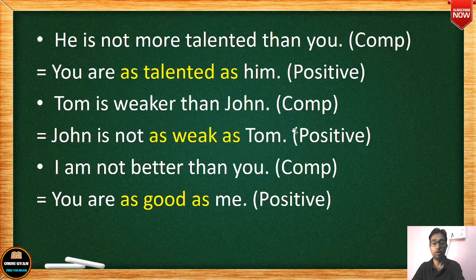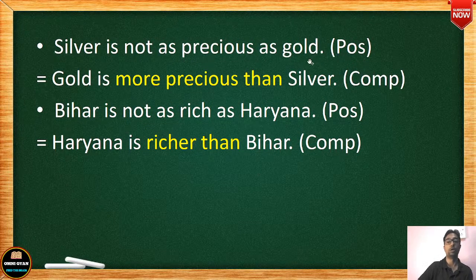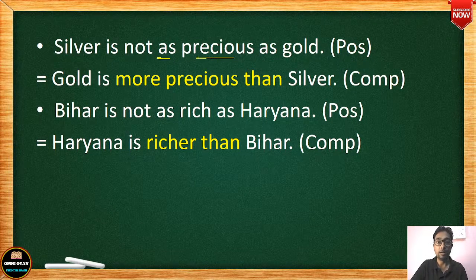ठीक है, फिर हम लोग नेक्स्ट एक्सरसाइज देखते हैं कि सिल्वर इज नॉट एज प्रेशियस एज गोल्ड। आई हैव गिवन अराउंड 5 एग्जांपल्स हियर, 3 वी हैव डन, लेट अस सी 2 मोर एग्जांपल्स। सिल्वर इज नॉट एज प्रेशियस एज गोल्ड, अब हम लोग उल्टा करेंगे, इट इज इन पॉजिटिव डिग्री, एंड इन क्वेश्चन दे आस्क यू दैट चेंज दिस डिग्री इनटू कंपैरेटिव डिग्री, ये सेंटेंस आप कंपैरेटिव डिग्री में चेंज कीजिए।